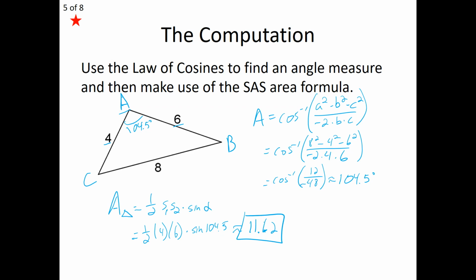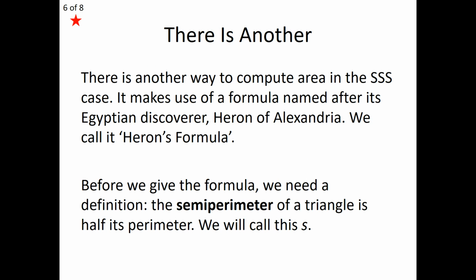And so there we have it. We found the area of our triangle, but it took a little bit of brute force to find the angle measure and then plug into our side-angle-side formula. We want something a little bit more fluid to find the area of this triangle. So who we have to thank is an ancient Egyptian mathematician who discovered this for us, and his name was Heron of Alexandria. So of course we credit this to him as Heron's formula